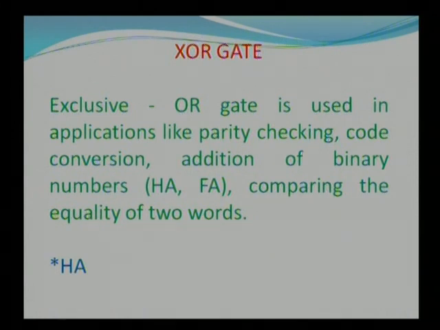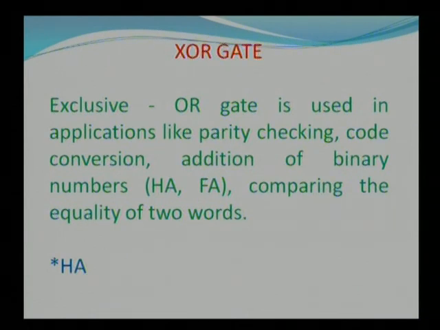Now here is the word binary numbers addition. Binary number addition means what? For addition you should have two numbers, minimum two numbers. For the addition of two numbers there is one circuit. Addition means what? The circuit which adds the two is an adder. For the addition of two numbers there is a half adder, one circuit which adds two numbers.